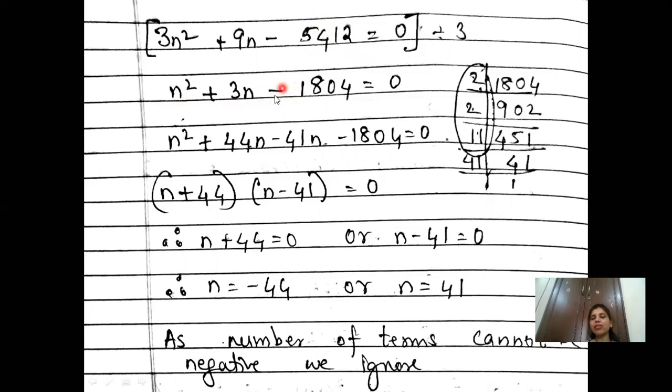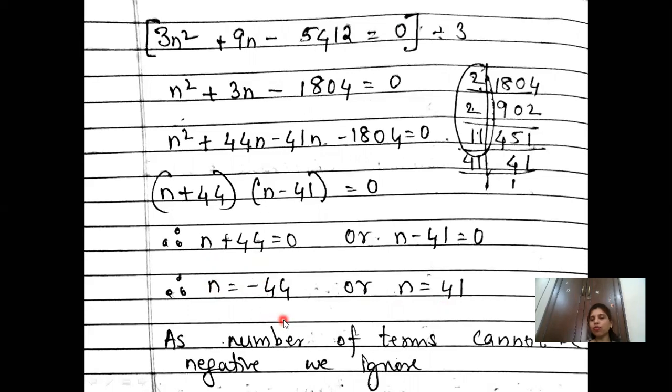Now as there is a minus sign over here, you should understand that you have to get the middle term by subtracting the factors. So when we factorize it, you can check over here, we got 41 and 44. 44 minus 41 is 3, so we can get the middle term. And you have to see that the middle term should be given the positive sign, as in front of the middle term it's a plus sign. So we give the bigger number the positive sign. So n square plus 44n minus 41n minus 1804 is equal to 0. So we got n plus 44 and n minus 41 in 2 brackets. Therefore, n is equal to minus 44 and n is equal to 41.